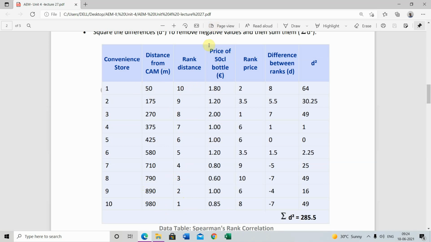और प्राइस 50 लीटर कैलोरी बोतल्स के लिए जो प्राइस हैं वो इस तरह से दे रखे हैं, 0.85। इन सबको अलग रैंक दी गई है। यहाँ पर 1.20 1.22 टाइम्स आ रहा है, इसलिए इसकी रैंक को एवरेज करके डिवाइड बाई 2 किया गया, 3.5, 3.5 आ रहा है। इस तरह दोनों की रैंक का डिफरेंस निकाला गया है, और डी स्क्वेयर किया गया है, जो आ रहा है इसका सम 285.5। इस तरह से हमें रैंक निकाल करके उनका डी स्क्वेयर निकालना है, सम करना है।